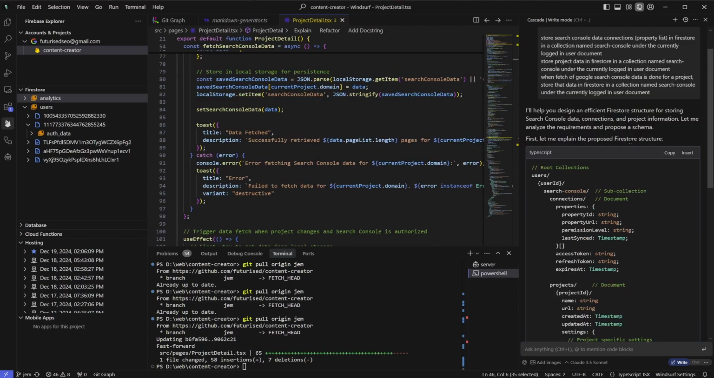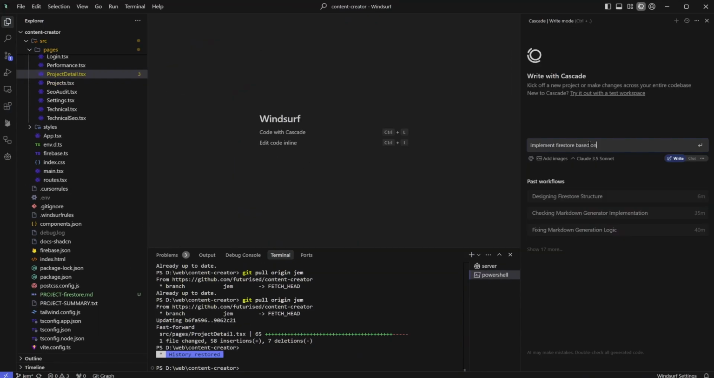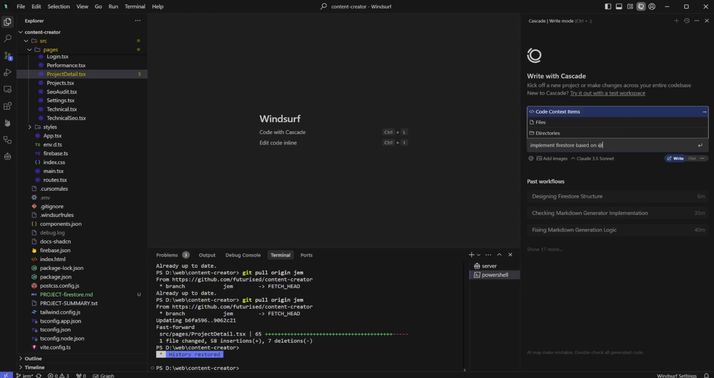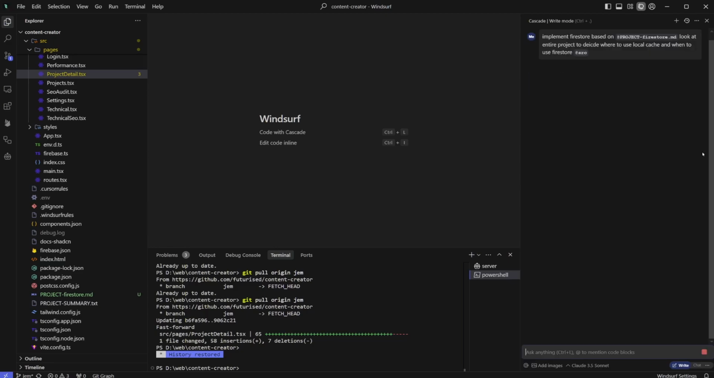I'll create a file just for the Firestore structure. These are like temporary files, but it probably will get committed to the repo. Just for the structure. So implement Firestore based on @project Firestore. All this,